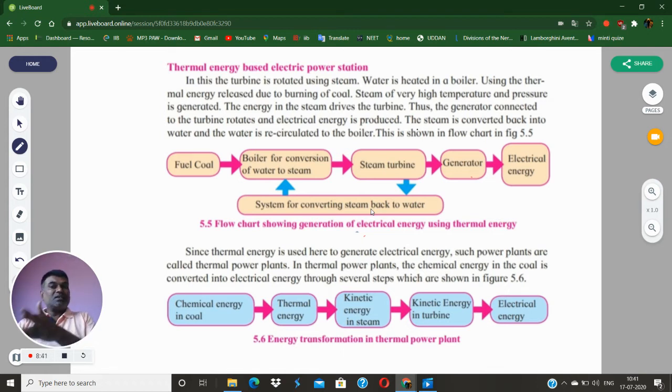So the steam is converted back into water. अब ये जो स्टेम होगी तो मैंने पहले ही बताया था, क्योंकि वाटर रिसाइक्लिंग प्रोसेस से, we can again regain it. But charcoal we can't regain it. कोल हमें रिगेन नहीं कर सकते because it's a chemical process. When you burn the charcoal we get the chemical energy. After burning coal, we get the ash, and we cannot regain the charcoal or the coal. But when we boil the water,